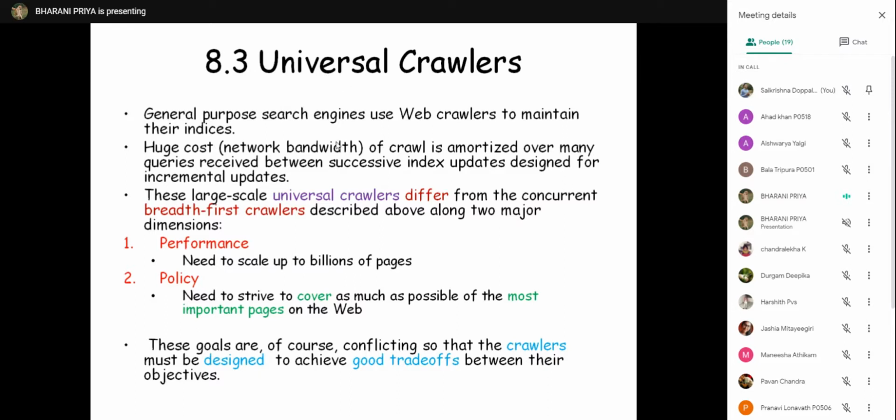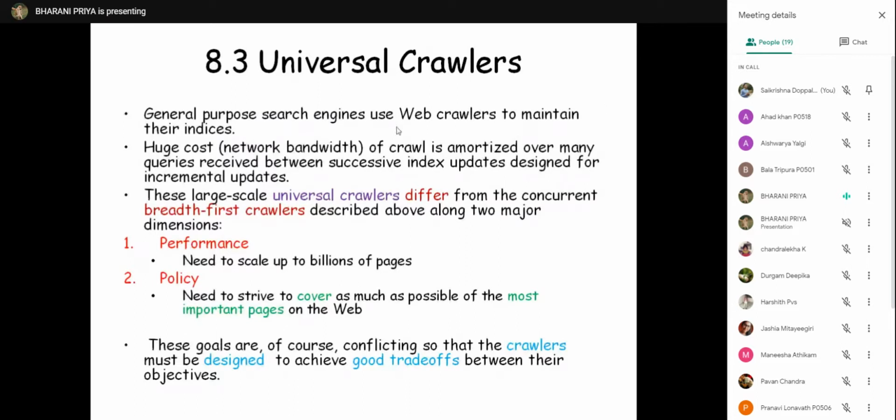The difference between universal crawlers and topical crawlers is that universal crawlers will crawl all the pages, but topical crawlers, as the name suggests, only crawl a particular topic. We will study that further. For now, just universal crawlers.